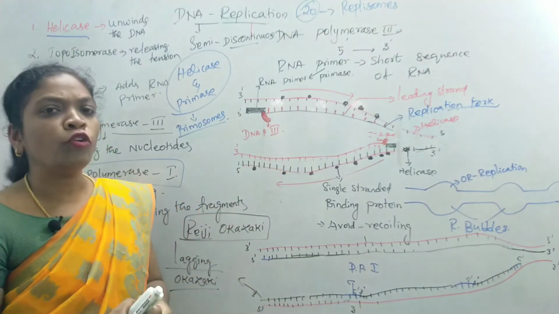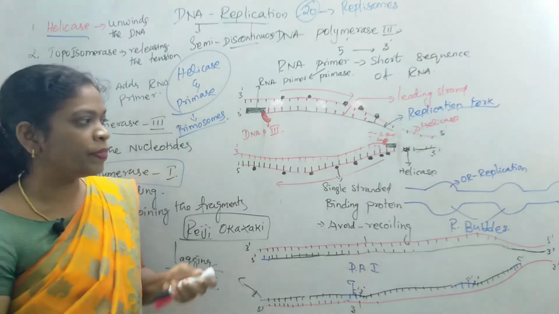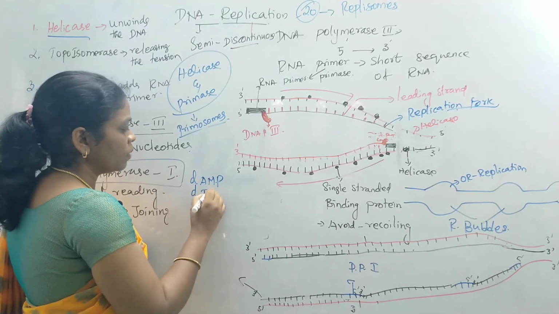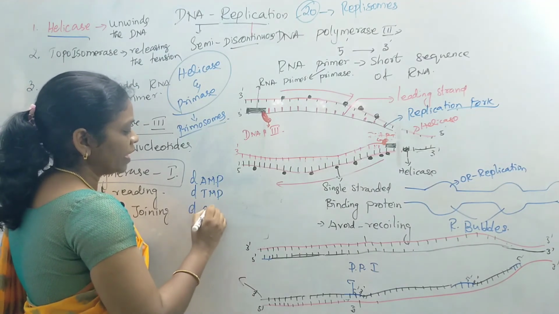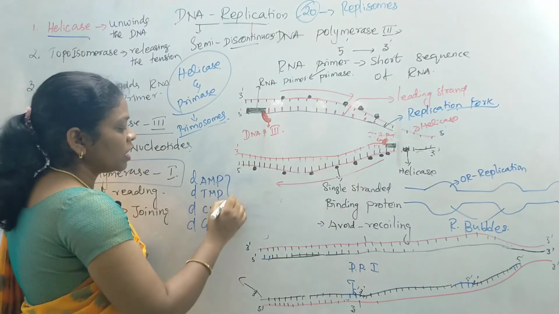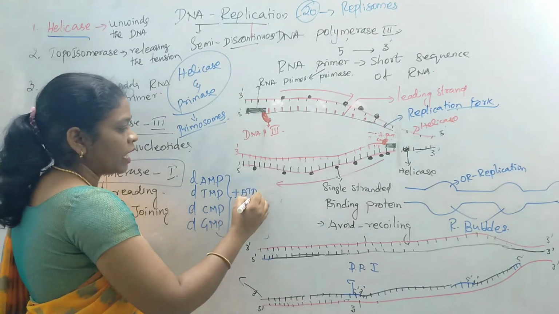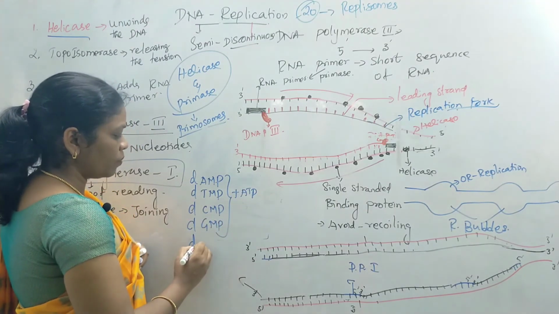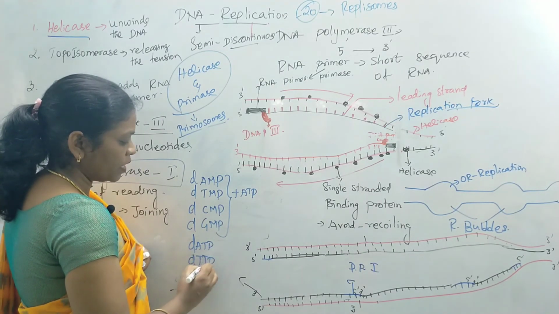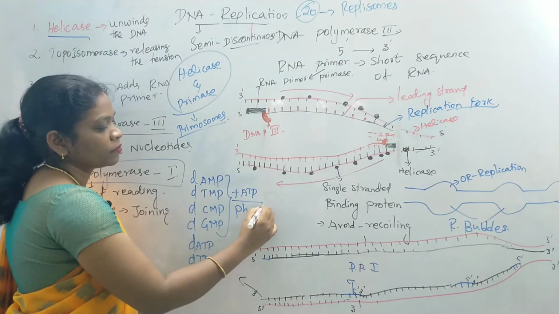But these nucleotides, before they are added, are in an inactivated state inside the nucleoplasm. They remain as deoxyriboadenosine monophosphate, deoxyribothymine monophosphate, deoxyribocytosine monophosphate, and deoxyriboguanosine monophosphate. With all these phosphates, one more, like ATP, is added. When they get ATP, they become deoxyriboadenosine triphosphate, deoxyribothymine triphosphate, and so on. So they get activated, and this process is known as phosphorylation.